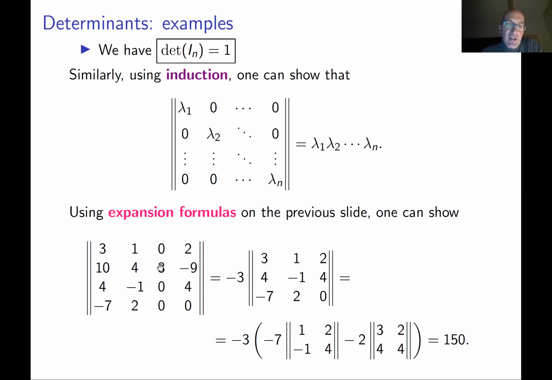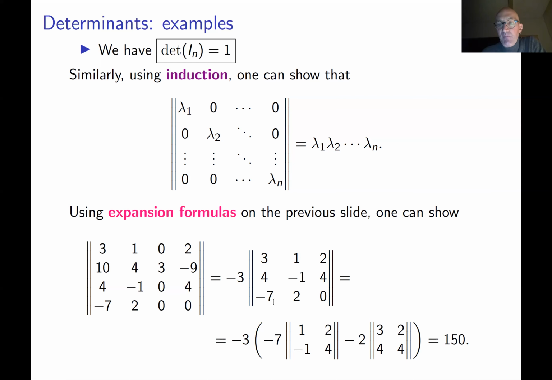If we had 0 here, then clearly the determinant would be 0, because we can expand this determinant by the third column. But now we can still expand this determinant by the third column, but only one summand in this expression survives. This is the summand -3 times the determinant of the matrix obtained from this 4x4 by removing this column and the second row. Yeah, you have this.